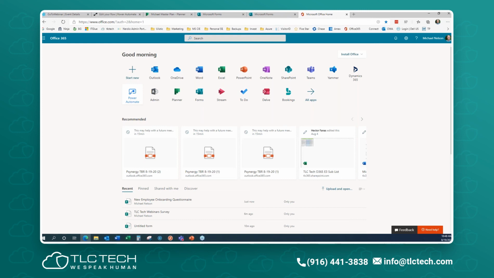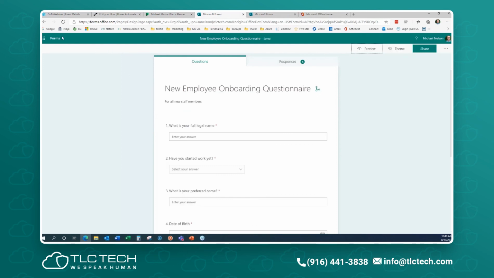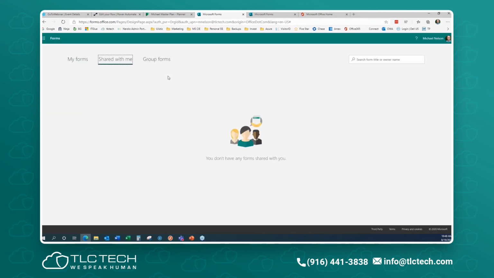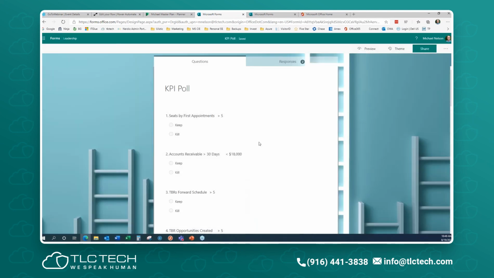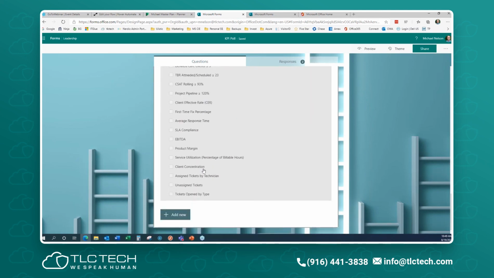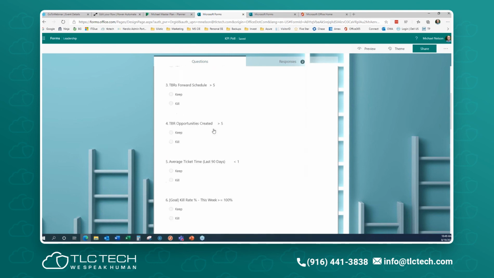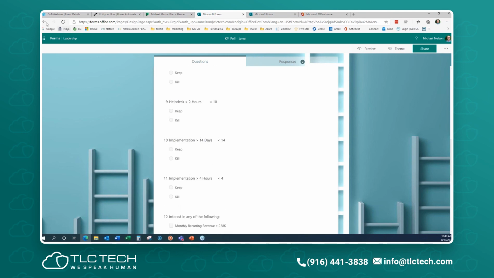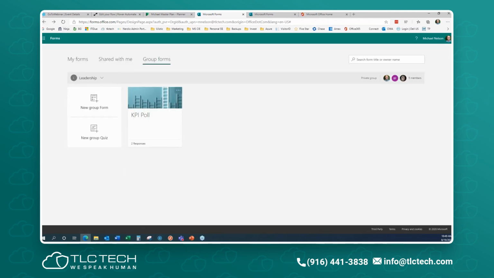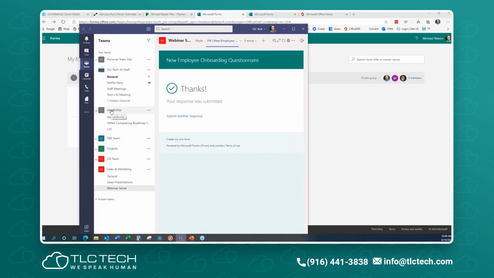So one of them, for example, for us is we pay attention to what we call our KPIs, our key performance indicators. Brett is our account manager, and his job one time was to get the KPIs that were going to be used. So this is his KPI poll. He built the poll. Now that's his, so I can't embed that, but these were all of the ones, and then these were the ones keep or kill, and then these were, hey, here's options, which ones would we want to use?